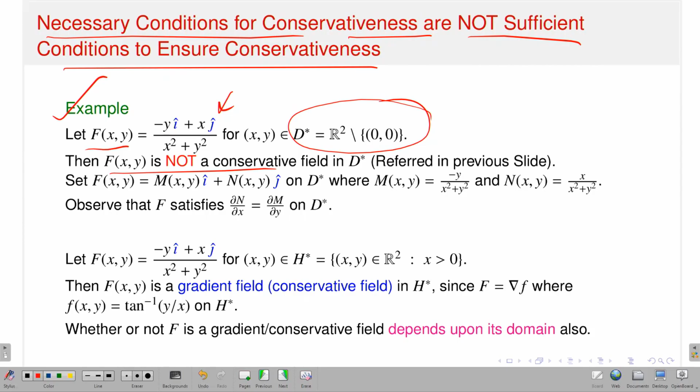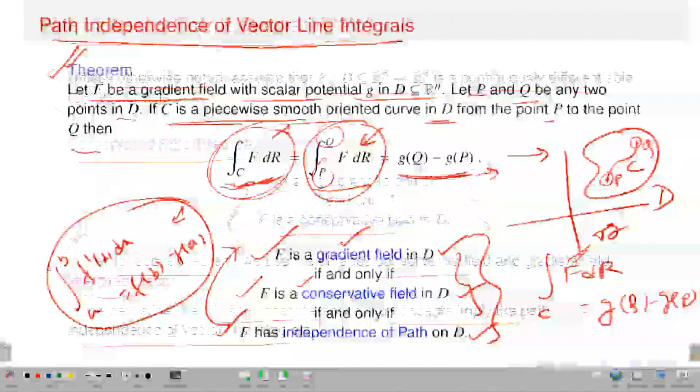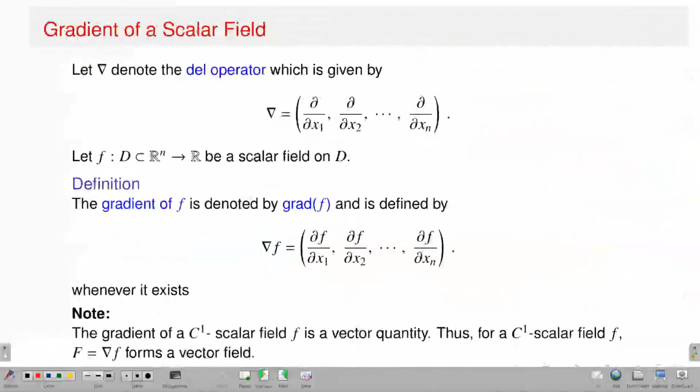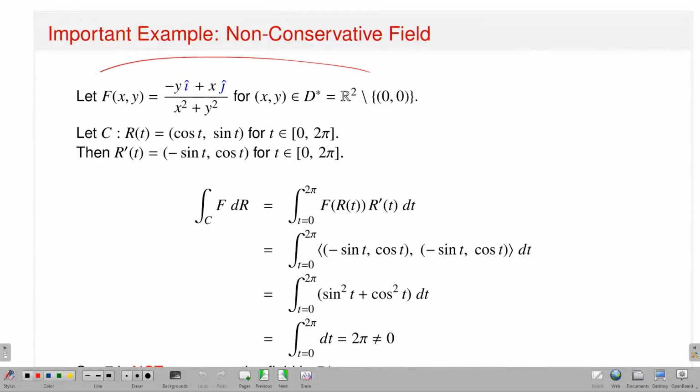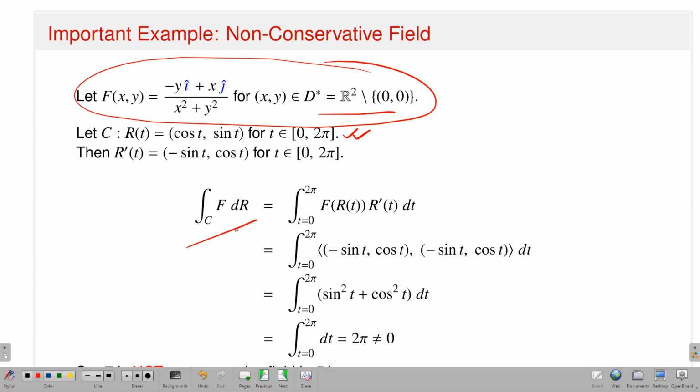Okay. Now, if you remember, I have calculated this vector line integral over C of capital F dr, where C is a circle with unit radius, and it turns out I think it is pi. If I go back, I think you will see. Let me just go back, I think I have calculated it, right. Yeah, look. So, this is my vector field capital F with my domain D star, and I am taking a circle centered at the origin with radius 1, and it turns out that the integration over C of F dr